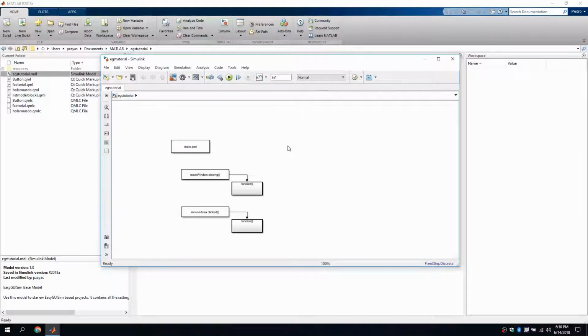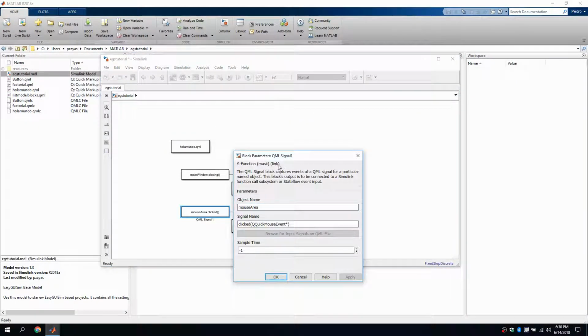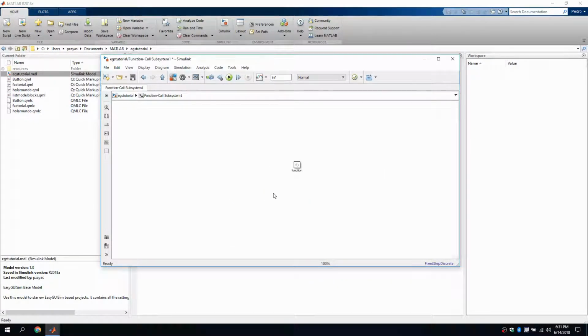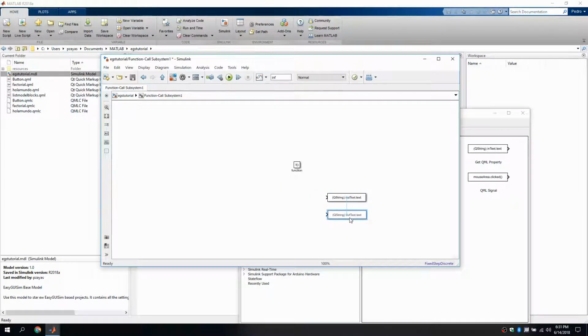So let's do a few examples using the Simulink blocks to show how they are used. I have included a link to the QML files on the comments. For this example, we need to select the holamundo.qml file as our main file. Now let's remove the close method from the subsystem attached to the bottom click signal. Then add two property write blocks, a unit delay, a not block, a constant block, and two switch blocks to the project.